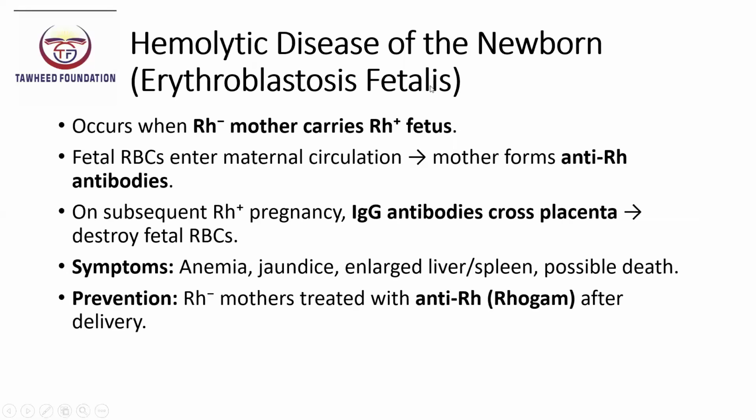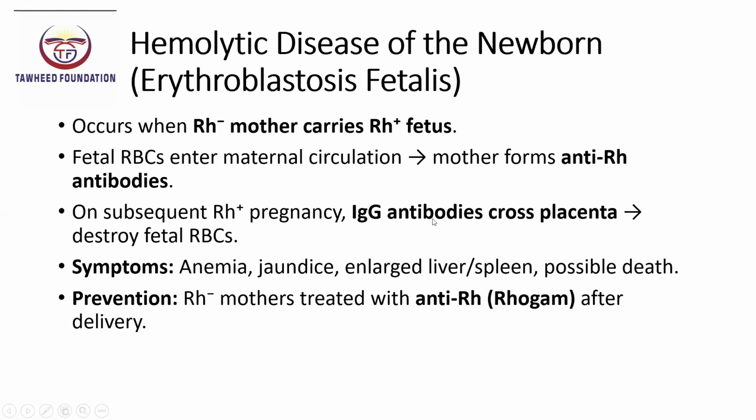Next is hemolytic disease of the newborn, that is erythroblastosis fetalis. Hemolytic disease of the newborn occurs when an Rh negative mother carries an Rh positive fetus. During the first pregnancy, fetal red blood cells can enter the mother's circulation, causing her immune system to produce anti-Rh antibodies. In subsequent pregnancies, these antibodies can cross the placenta and bind to fetal red blood cells, causing destruction of